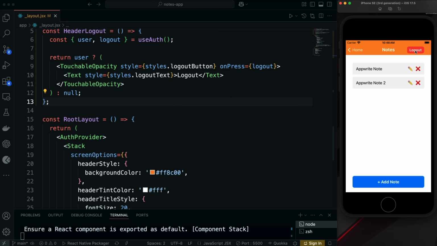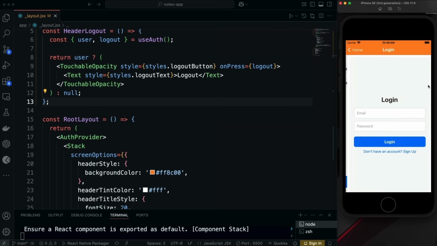I'm on the notes page, logged in. If I click on logout, now I get redirected because the notes page checks to see if we're logged in. That logged me out, so now it redirected me to the login page. So let's test out the login. I know we signed up for a user and it logged us in right away, but if we do this,